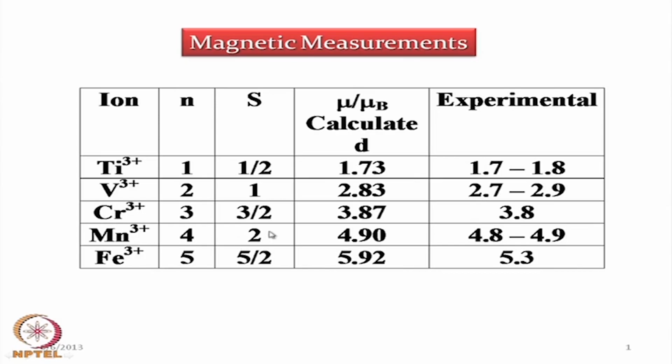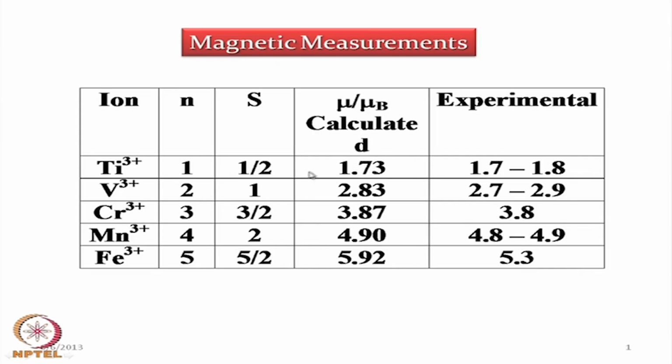So, side by side, the values we are getting in this column are the theoretically predicted values based on the number of unpaired electrons and their corresponding total spin values, and on the right hand side we get the experimental one. So, the theoretically predicted one and the experimentally determined quantities we should always compare, and in some cases we will see afterwards that there is some deviation from the